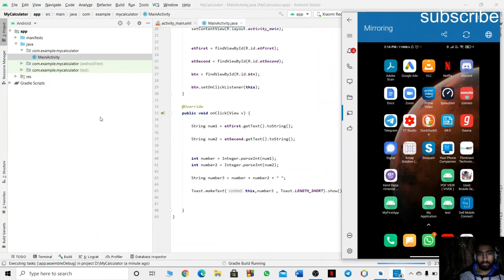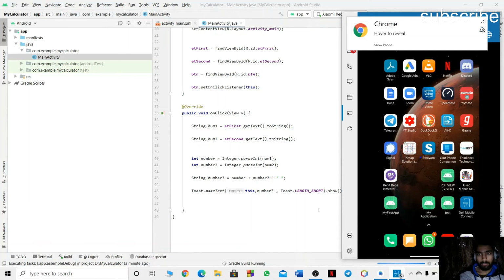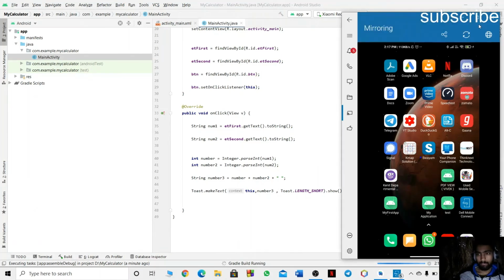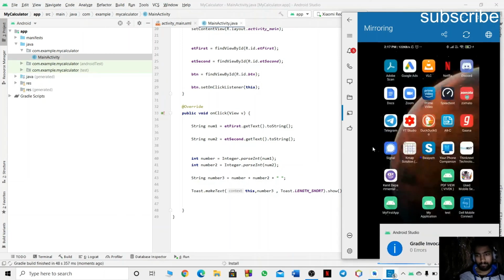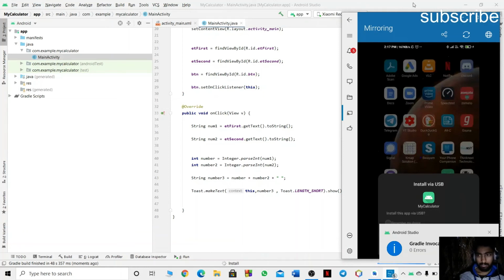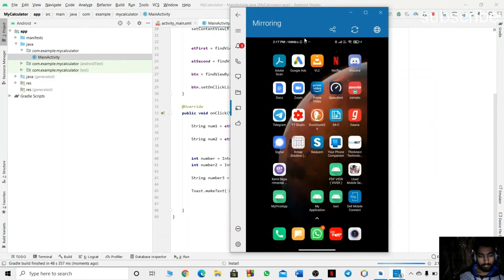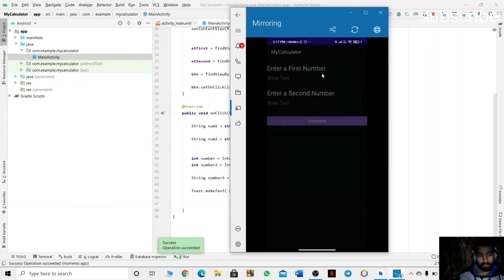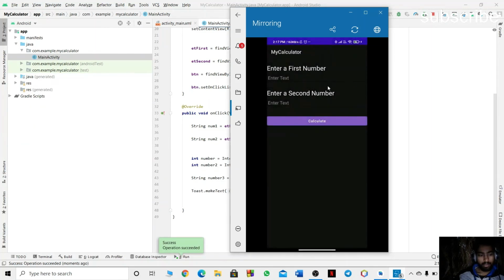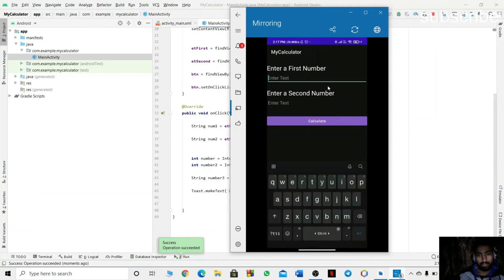You just have to wait for some time. So here is the coding portion, and here is our application running. This will take some time. Now it's time to install the application. It will ask us for the installation. Let's click on install. See, our application pop-up has come, and as you can see, when I click on enter text, the